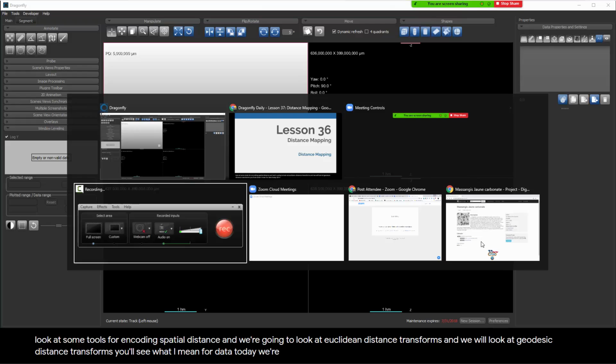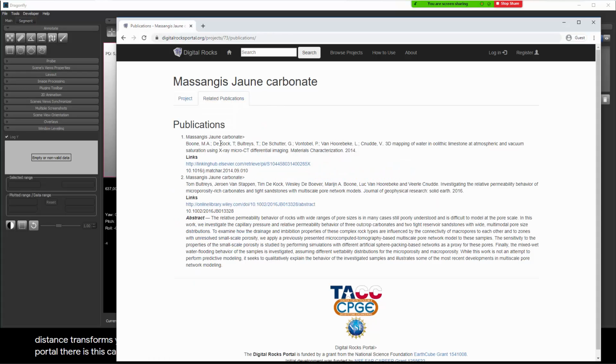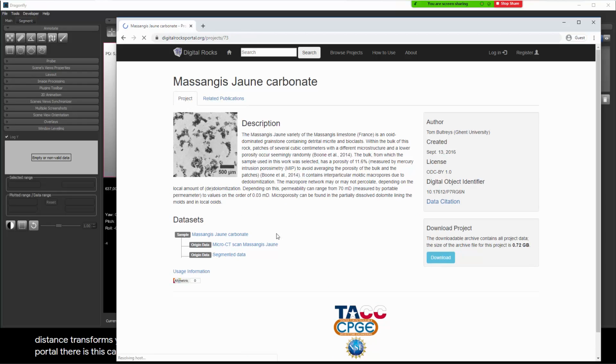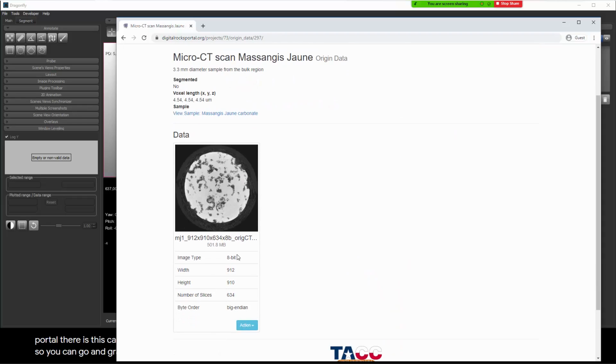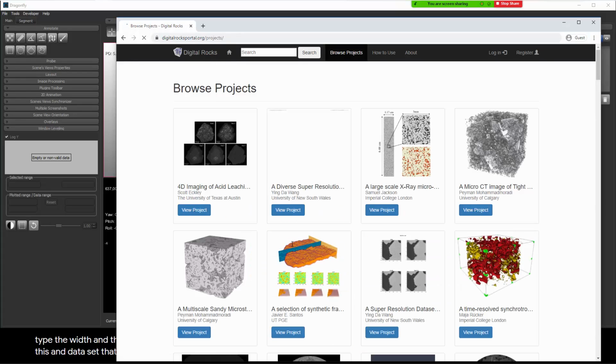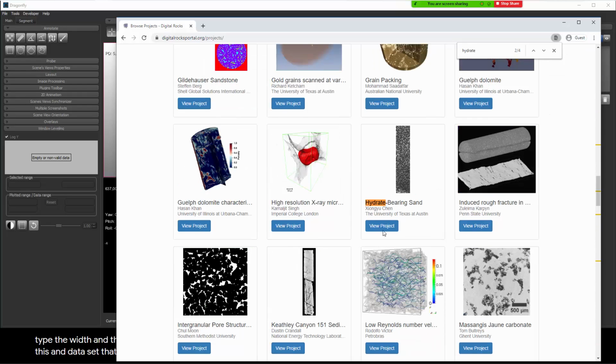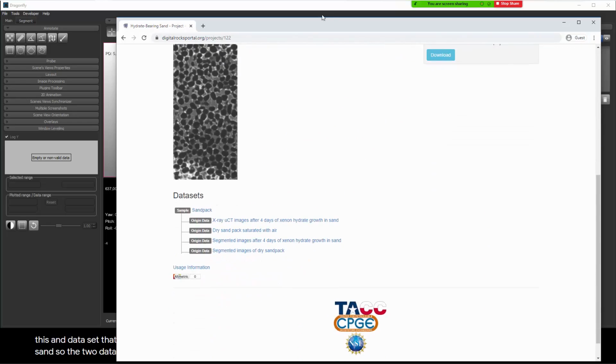For data today, we're going to grab some data from the Digital Rocks portal. There is this carbonate data sample from Tom Boltres and collaborators and colleagues. Folks like Maureen Boone and others have contributed to this carbonate data set. You can grab this microCT data set, and you know how to import data into Dragonfly of type raw. You can just type the width, the height, the depth, and give it the data type. We're also going to look at the sand data set, a sand pack we've looked at before. If I search on this page for hydrate, I'll find it because it's labeled hydrate bearing sand. So the two data sets are that carbonate sample,